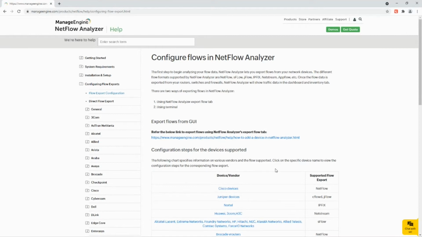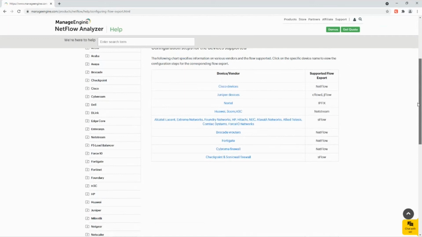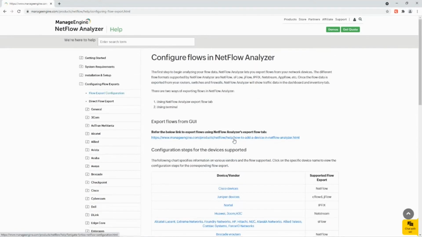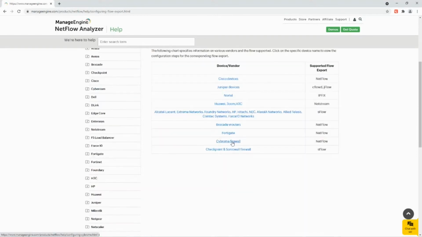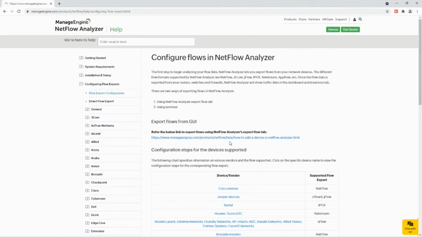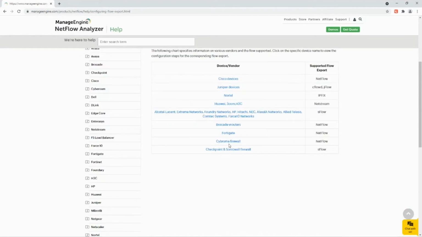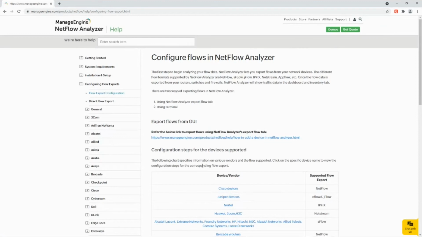And let's say you are not aware of how to perform certain configuration exports from OpManager itself. We have detailed documentation with respect to individual vendors and the flows which you want to export. So if it's a Cisco device where you want to forward your NetFlow, all you have to do is come to the help NetFlow flow export HTML page and click on the respective device vendor, which is going to give you the detailed documentation on how things are going to work and how you can easily export the configuration, or the changes which you have to perform on your respective vendor end, which helps you make the configuration much easier.